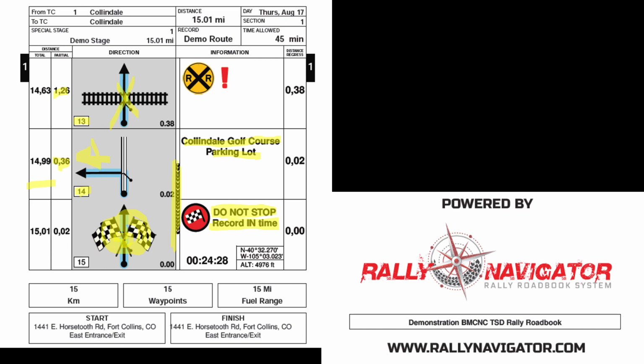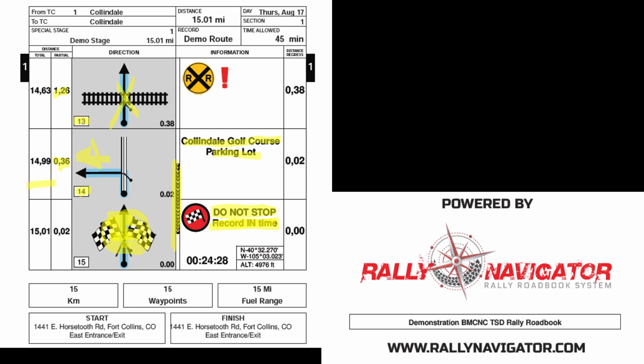Now, you may want to slow down, but I don't want you to stop there and interfere if there's a car right behind you, to get like 12 cars backed up, all waiting while people are spending minutes of time at the finish. So get there. Don't stop. You may slow down to make sure that the navigator can record the in time